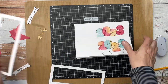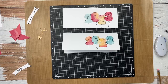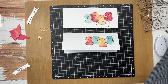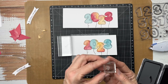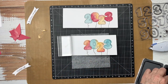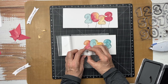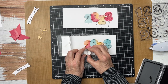And I created the sentiments using the banner, and there's so many fun ones to choose from. I really liked the class of, so that it could say class of 2023. We have you did it, congratulations, hey cool hat, and the future is bright. So I chose to use the future is bright, and I think I'll use that one for Claire Adeline because she's graduating from kindergarten. And then for Gracie May, I think I'll go ahead and use the